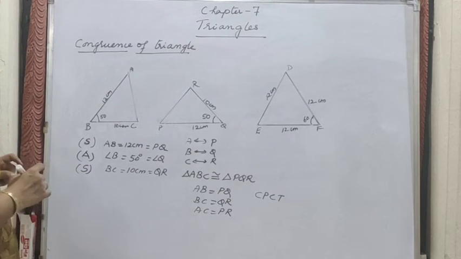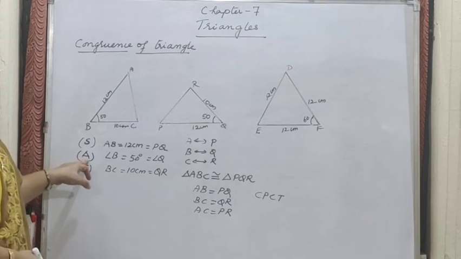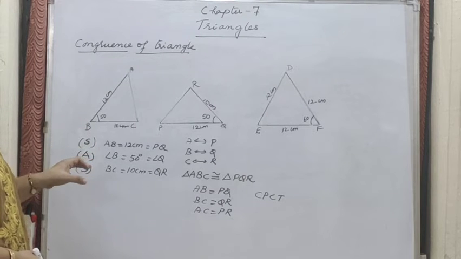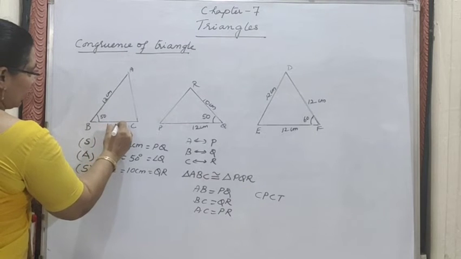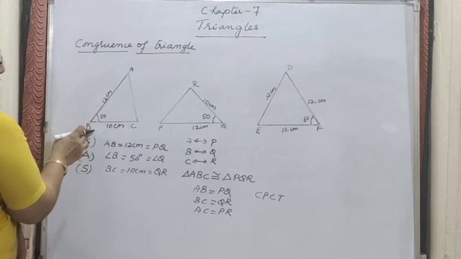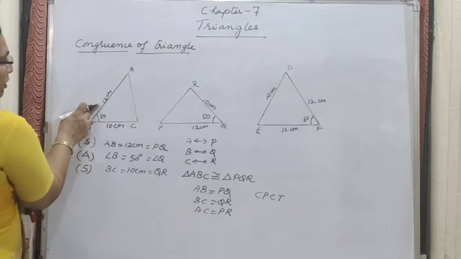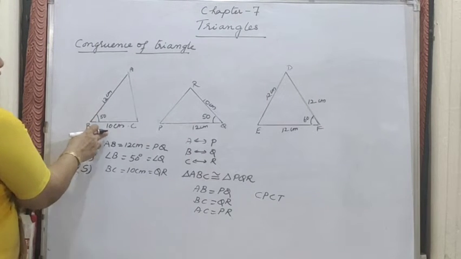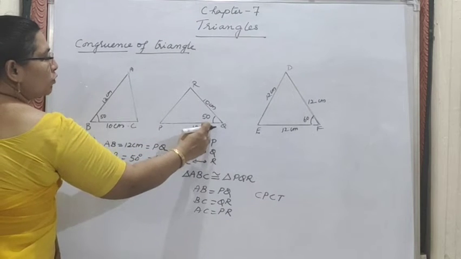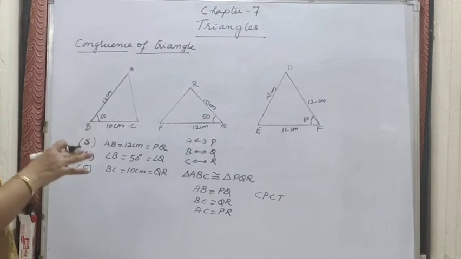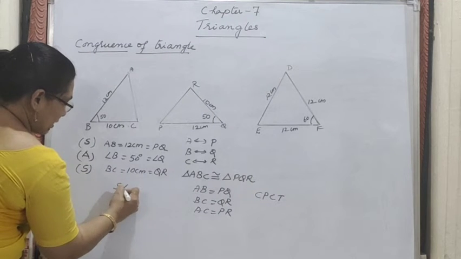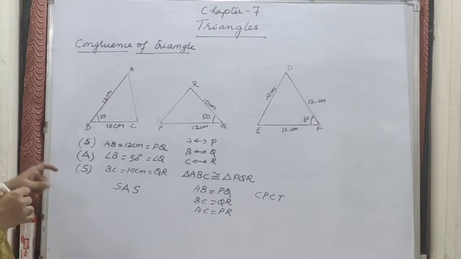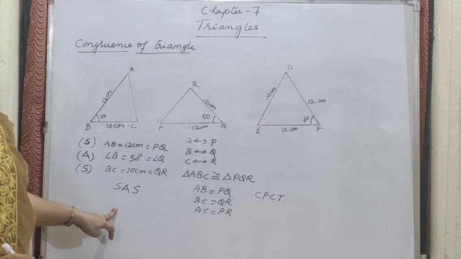But in this case, one word is very important, that is A should be included. That means we are taking the sides 10 centimeter and 12 centimeter, both are joining at a 50 degree. That means the 50 is the included angle between the 12 and the 10, right? Similarly here also, if you check, 12 and 10 are the sides, and the included angle formed by 12 and 10 is 50 only. So this criteria is called SAS. So how many did we check? 2 sides and 1 included angle we have checked.